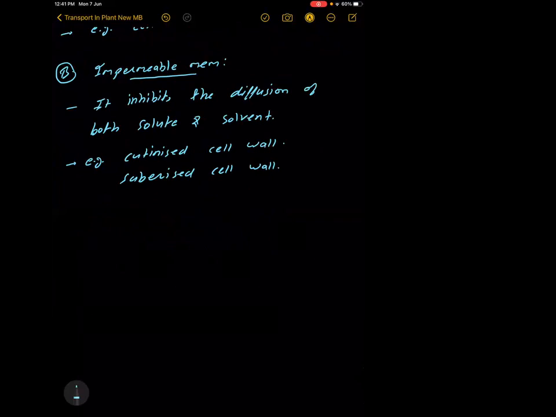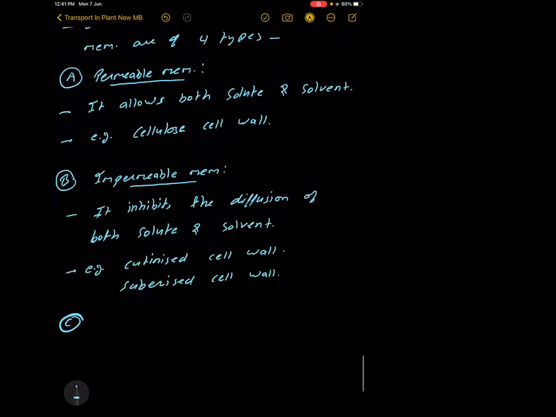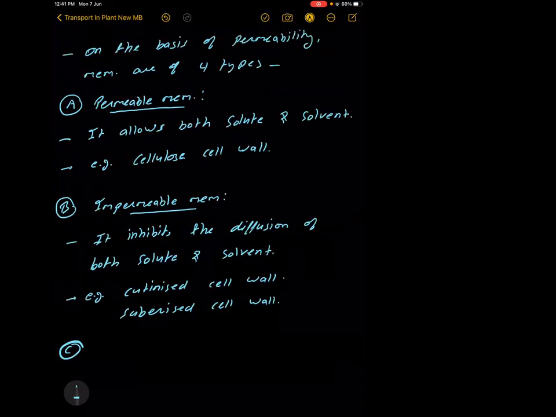The third, we will discuss in the next class, that is semi-permeable. Sir, in the evening we have one extra class, for IP especially. I'm going to start the reproduction part first, because according to the planner, we have to merge the portion which is common in IP and NEET. Living world is actually the first chapter, but it is also in NEET, so when it comes in NEET, we will merge that one.